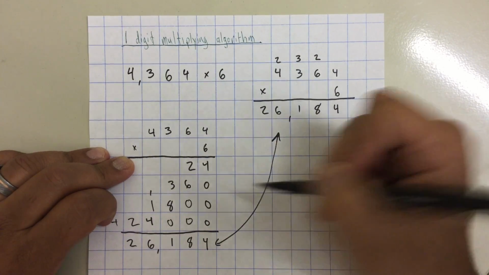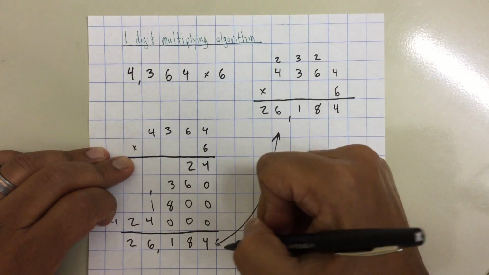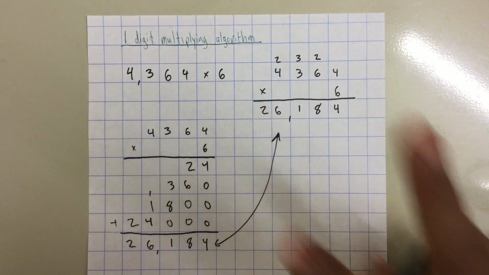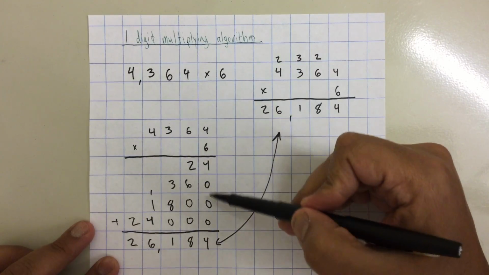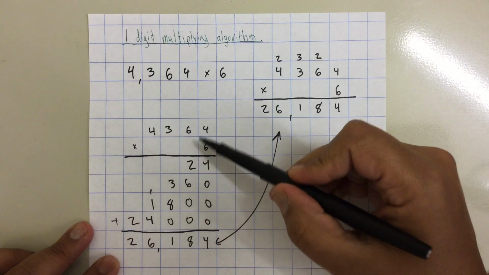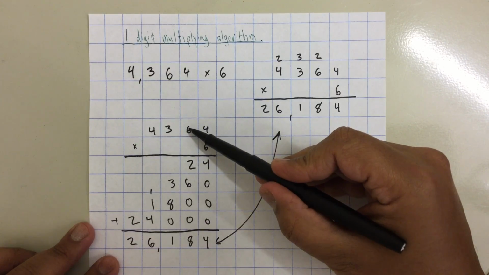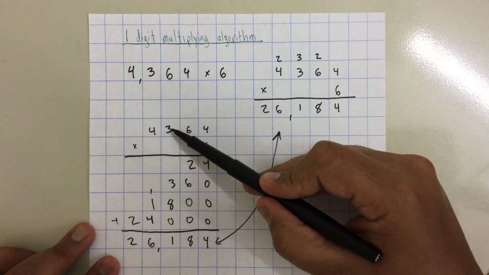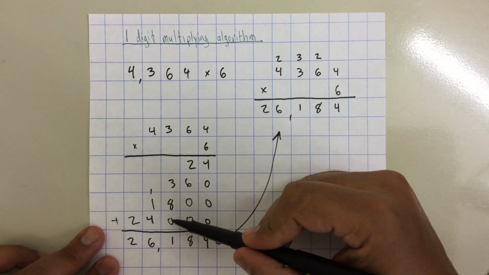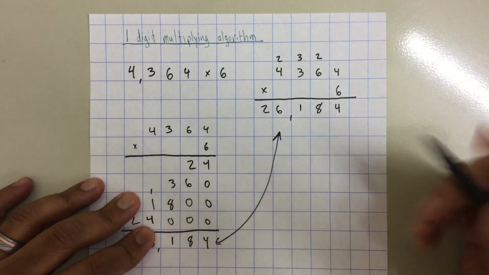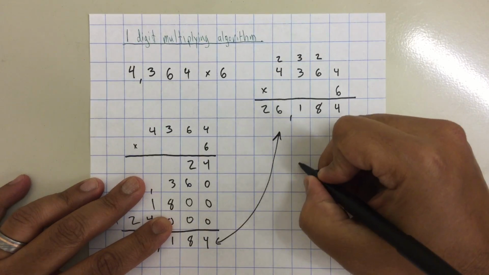Now, if we prefer doing the shortcut, why am I having them do this beyond understanding, right? We're doing this because as they do it this way, they're going to say, oh, since I'm in the tens place, I know I need a 0. Since I'm in the hundreds place, I know I need 2 zeros. Since I'm in the thousands place, I know I need 3 zeros. When we get to doing 2-digit multiplication,